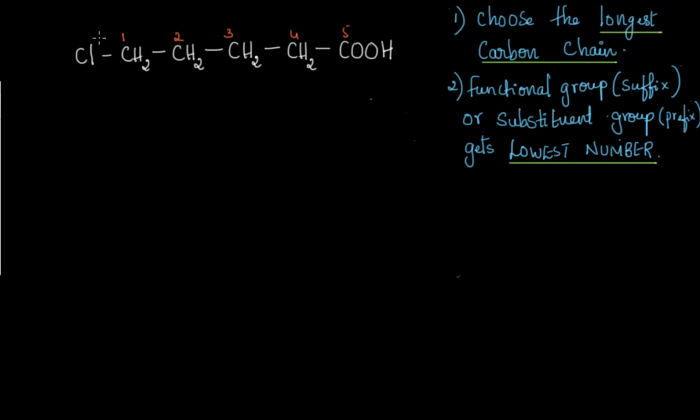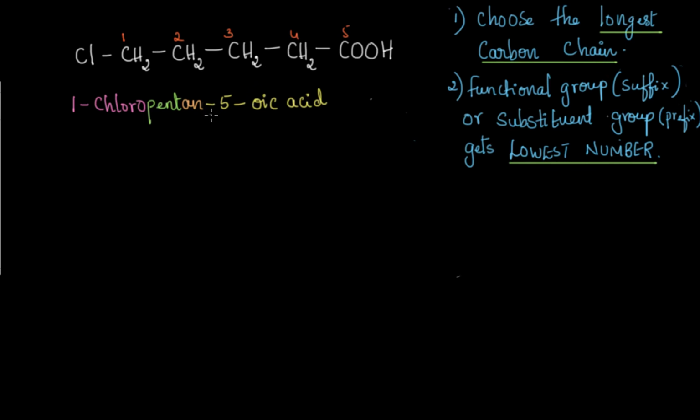And how do we name it? Here Cl, you can see here, that's a prefix, and COOH is a suffix. Therefore, first we need to name the prefix. It is attached to the first position. So we have 1-chloro, there's a 5 carbon chain, it's pent, all are carbon-carbon single bond, therefore we have ane, and we have the functional group COOH which is attached to the 5th position, therefore the last letter E should be replaced by 5 because it's a 5th carbon, and functional group is oic acid, the suffix is oic